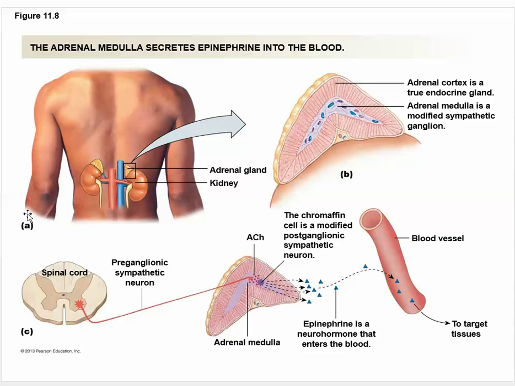And it's going to have an effect on all of the organs. So if you don't know what the adrenal gland is, it sits just like a little hat, kind of an ugly hat, right on the kidneys. That little blob right there, that's the adrenal gland. And it's released from the center of it, which is the adrenal medulla, which is nervous tissue. And so there are little modified neurons in there that produce epinephrine.